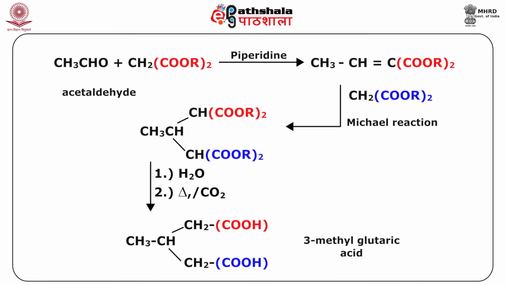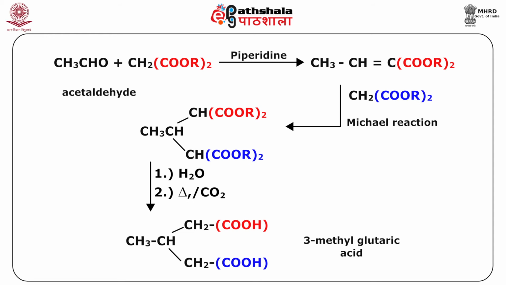Let us consider another example where we start with acetaldehyde and do the reaction with this dialkyl malonate in the presence of piperidine. We will get this alpha beta unsaturated condensed molecule as the diester, and when this is subjected to further Michael reaction